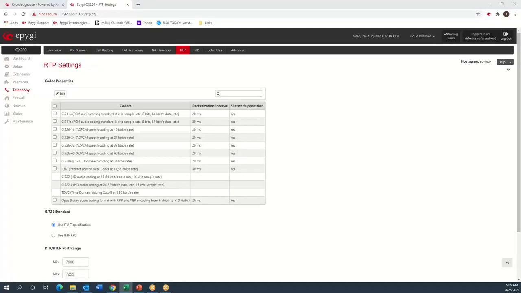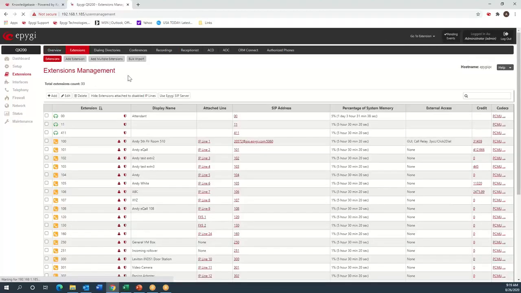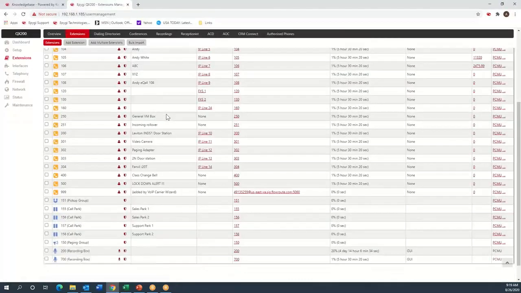So let's see what it does for us. So we go back to, let's go to our extensions page. Extensions management. I've got all my extensions listed here. And down towards the bottom, you'll see this new extension. It wasn't there a moment ago, but this was created